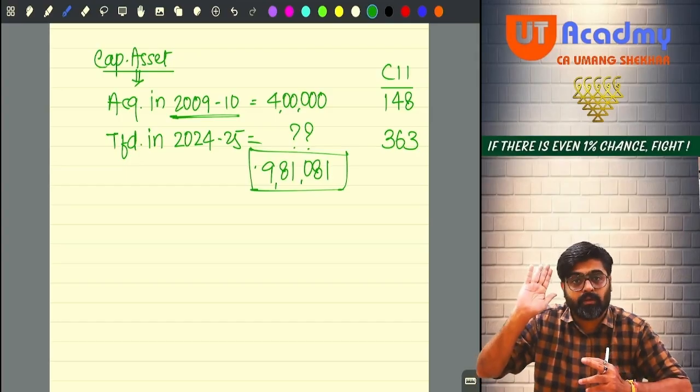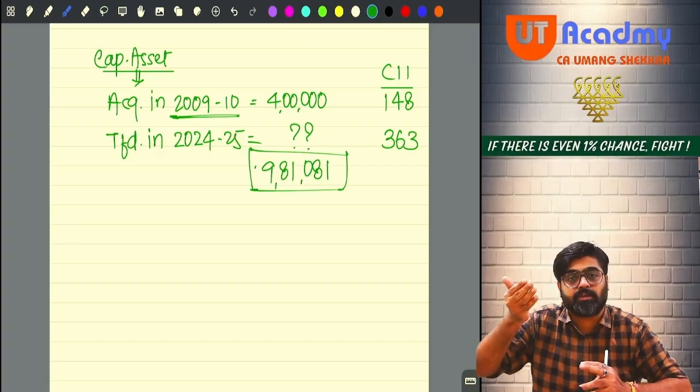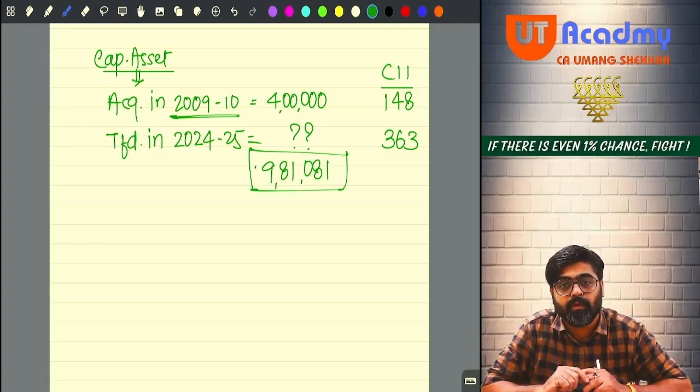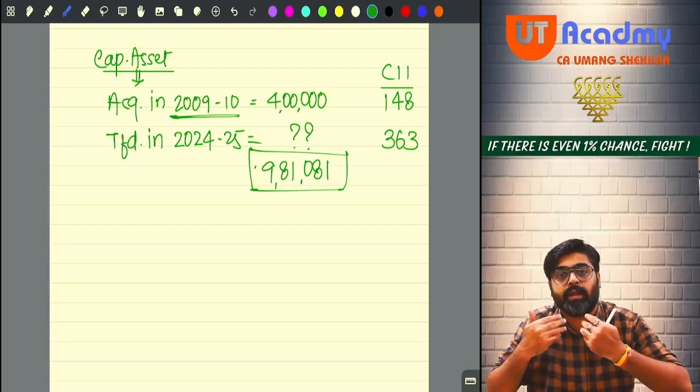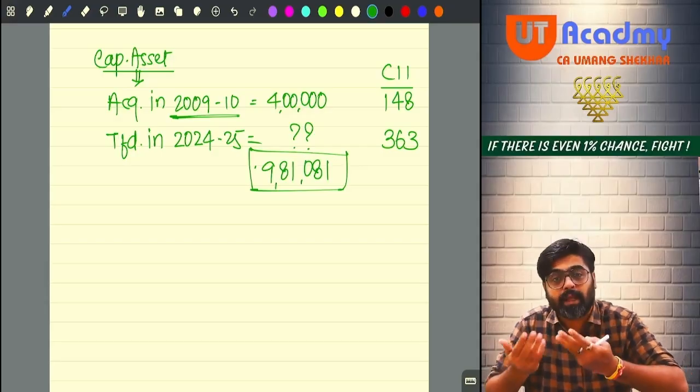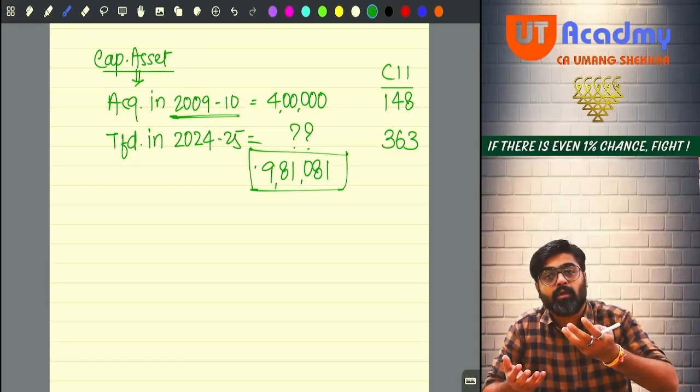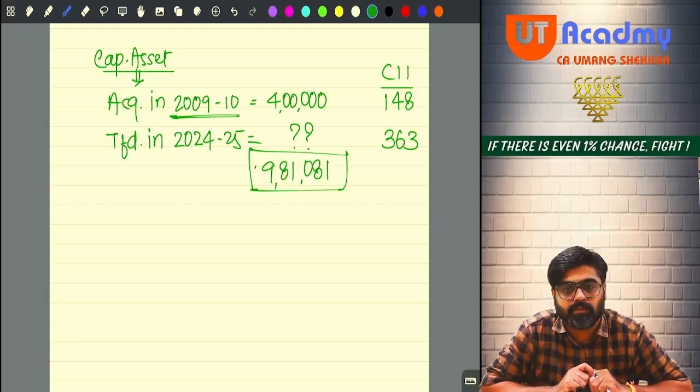All other assets, the inflation affects their cost after 36 months. So hold them for more than 36 months, they will become long term. We will allow you to inflate their cost. We will allow you to index their cost. We will allow you to take the inflation as a factor to be included in your cost. Yes or no?